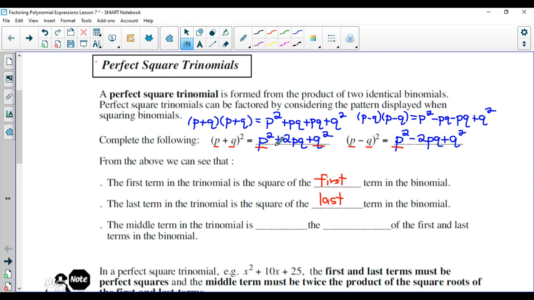Now, the middle term in each of them is, what you're doing is you're taking the two terms, the two variables in the binomial, and multiplying them together, but all of them have a 2 attached to it. So not only are you multiplying the first and the second terms in the binomial together, you're also multiplying by 2. So we're going to say it is twice the product